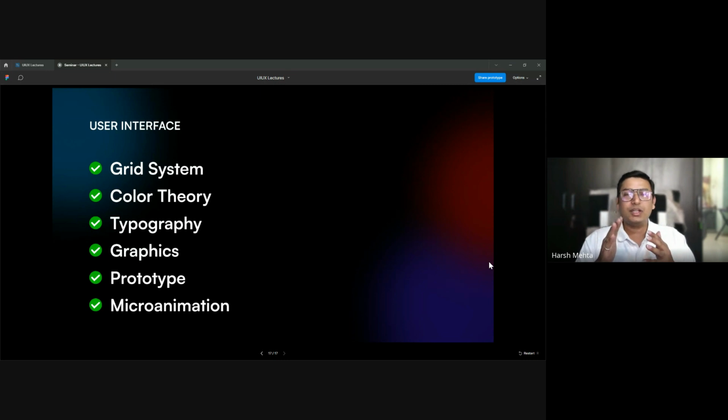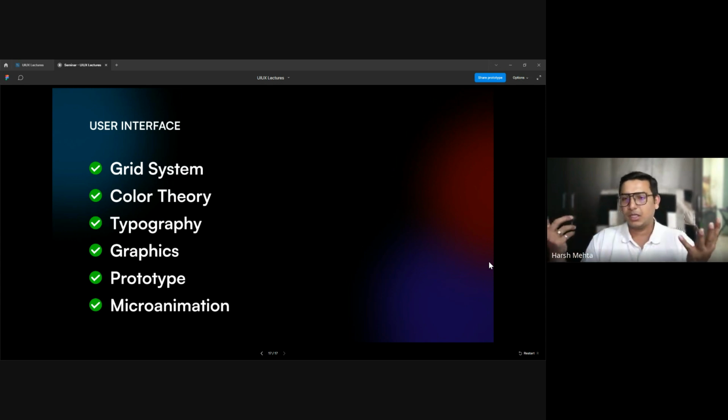So I would say, don't go to master UI design, but enjoy the process. In that learning, try to learn something every single day. That's what I still do even after 10 years. I try to learn something or the other every single day. It can be a small thing, something in the button, some sort of color approach or some sort of gradient. Why not? Or a different icon style. It can be anything, correct? So keep on learning every single day. That's the first suggestion I would give.